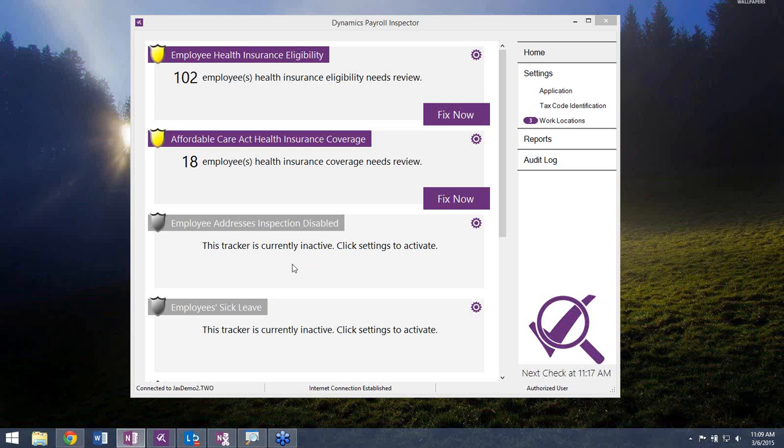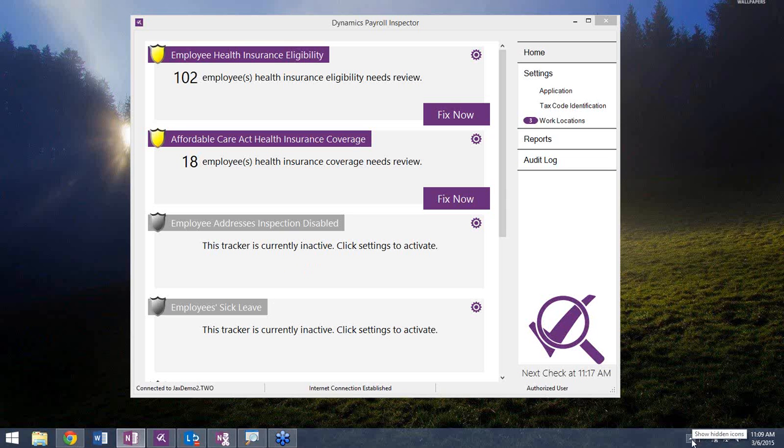The Dynamics Payroll Inspector is neat in the fact that it can be installed in a number of different fashions. We can install this if you're running GP on a Citrix server. We can install the Payroll Inspector so whoever has access to that server will also have access to the Payroll Inspector. We can also get this installed on users' desktops, which is the ideal fashion to have the Payroll Inspector installed because it provides active alerts.